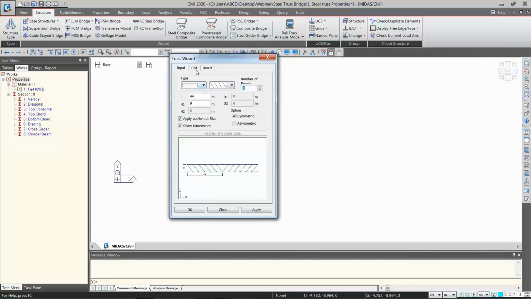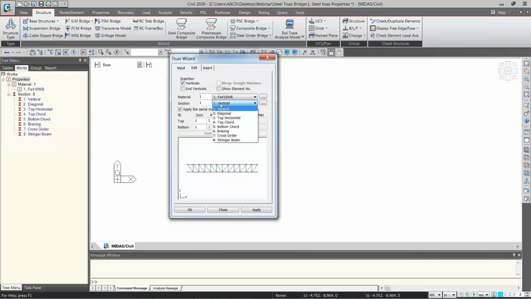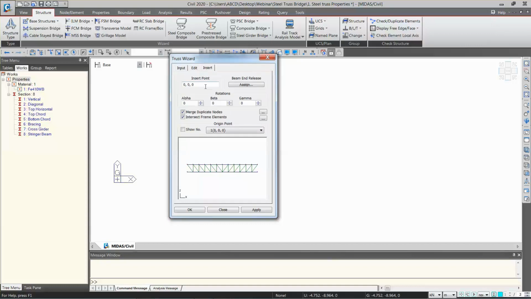Now we'll go to edit. We do have the vertical sections. Right now we will go with the diagonal elements, and then we can later assign the respective elements to the respective sections. Then insert. This insert point is given when you are creating some structure to the existing structure.